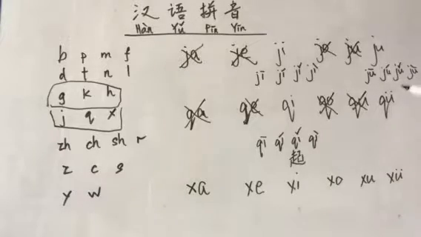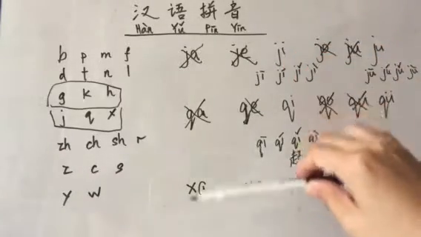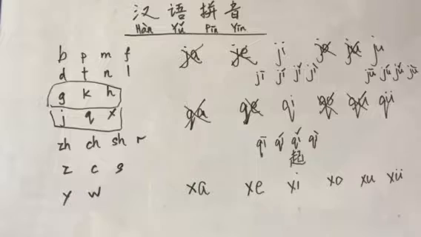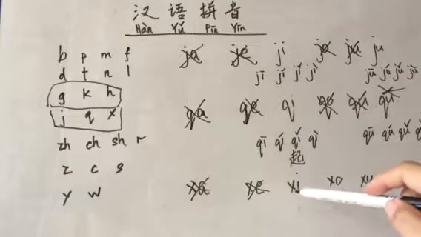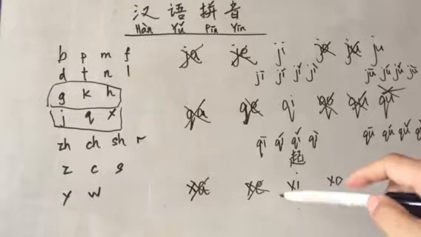When it comes to ji, qi, si with the yu, these two dots can be removed. So it would become qi, qu, 取和去，去取取去。